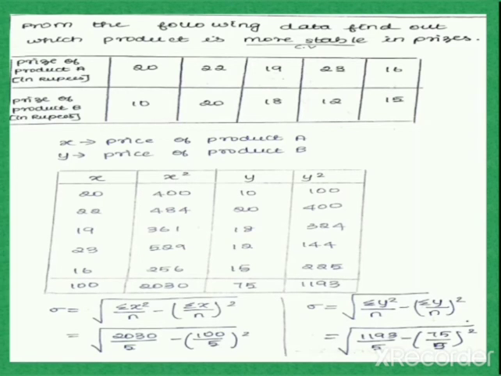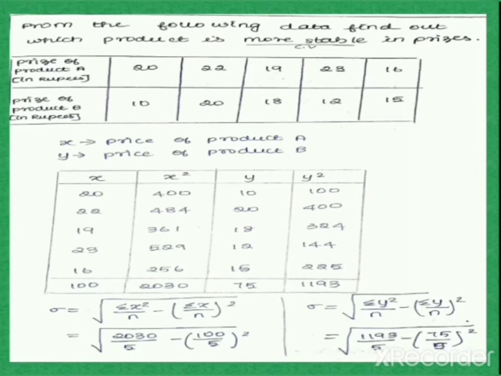In our table, the first column is the x values, which is given in our question, the price of product A, and the second column is x square, which we get if we square our x values. Y, the price of product B, is given in the third column, and we square our y values to get y square. After that, you have to find the summations of x, y, x square and y square. So summation x is 100, summation x square is 2030, summation y is 75, summation y square is